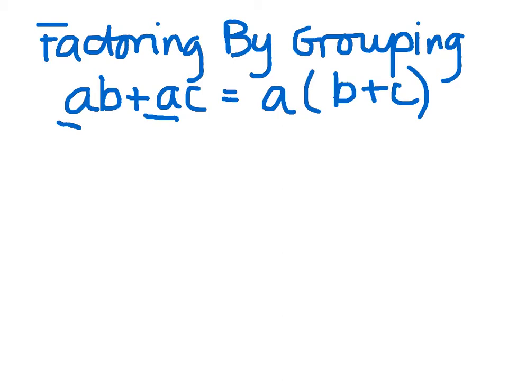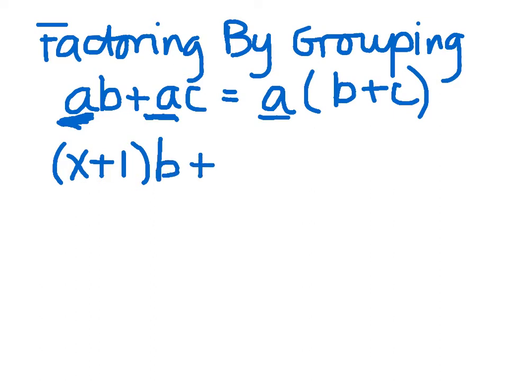But let's go back and talk about what A is. A is a variable, and a variable is something that represents a number. If, for example, I say x plus 1, it's a variable expression, but it still represents a number. So A and x plus 1 are two different ways to represent numbers that are unknown at this point. Keeping that in mind, if I say to you x plus 1 times b plus x plus 1 times c,